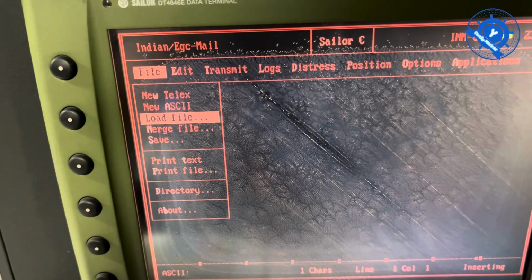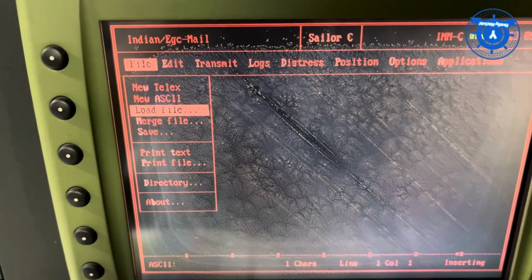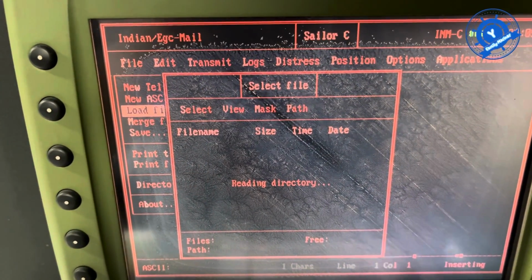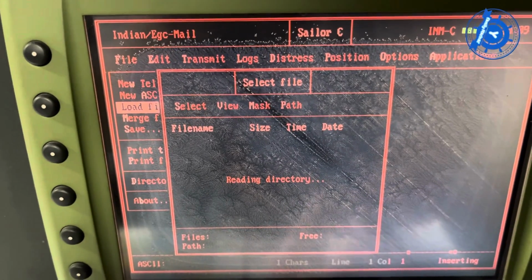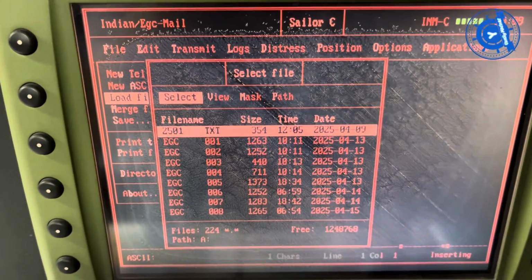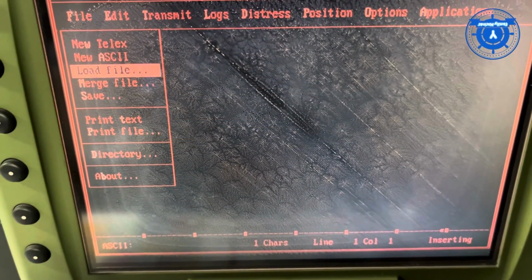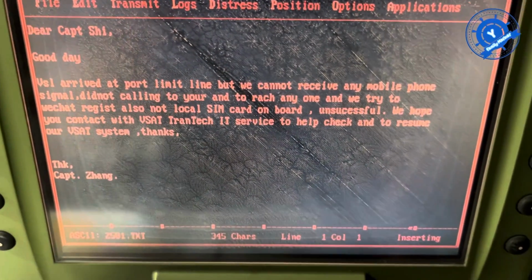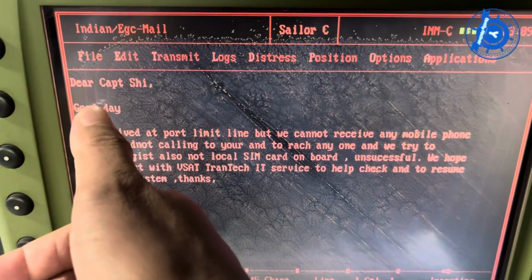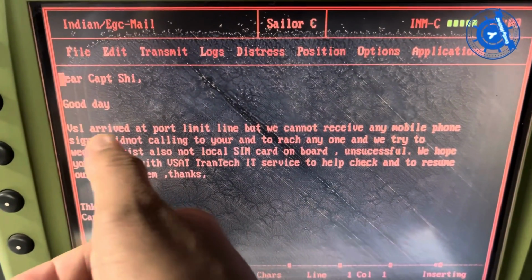And then for Load File, you have some saved files, so you can load from that file. My load file is inside there, because I already sent the Lesma Captain share code.